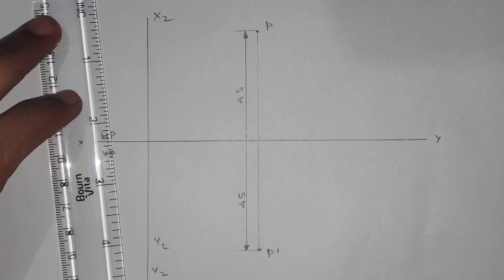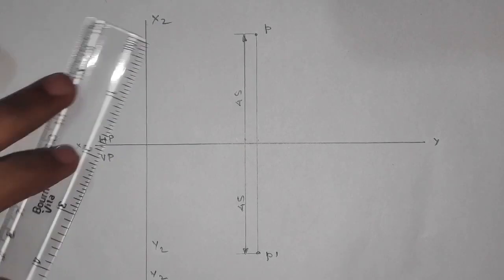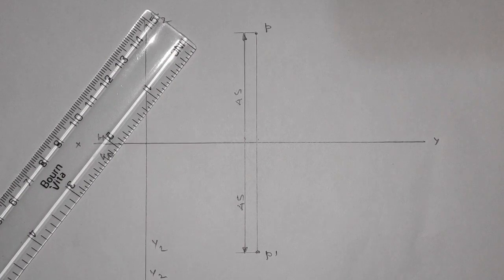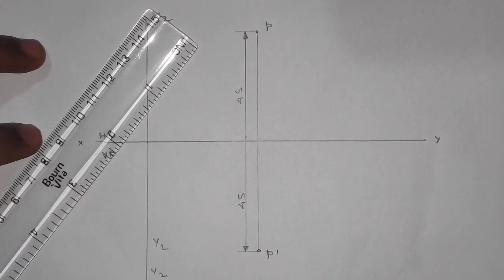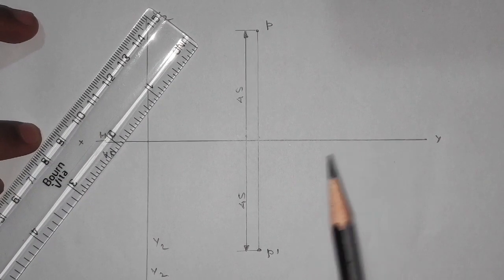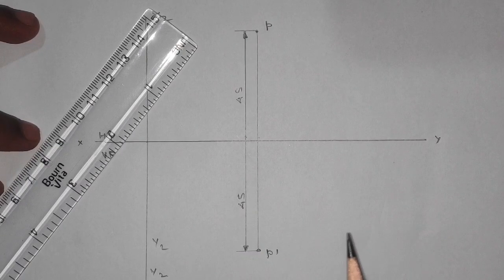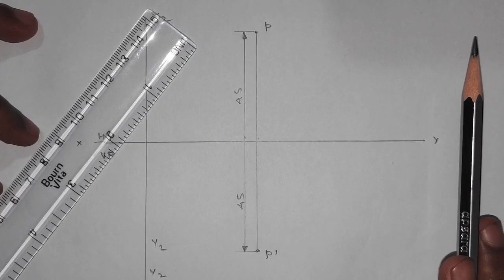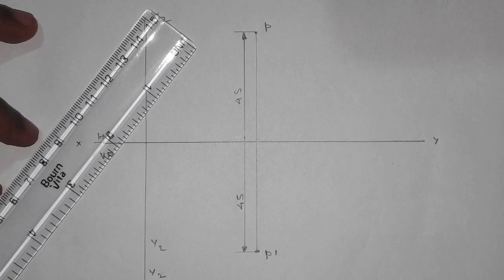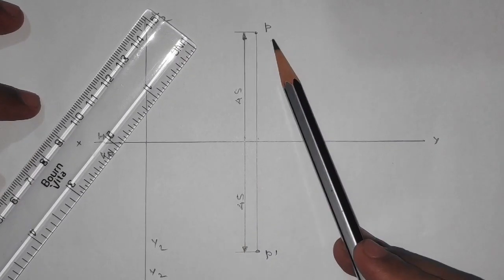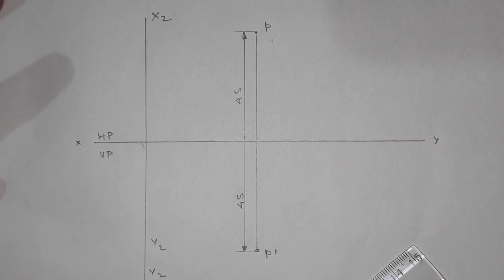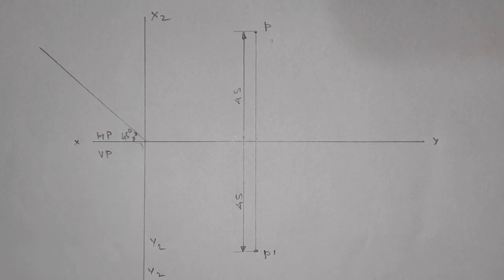So once this x2 y2 line is drawn, the next step is to draw the 45 degree line. You already know how to draw this 45 degree line. You can refer to this video on how to draw the 45 degree line when the point is in the third quadrant. Again you can refer to the iCard which will be coming on the top right corner. Now here we have the top view above the XY line and front view below the XY line. So we will have the 45 degree line above the XY line. I have already drawn this 45 degree line.